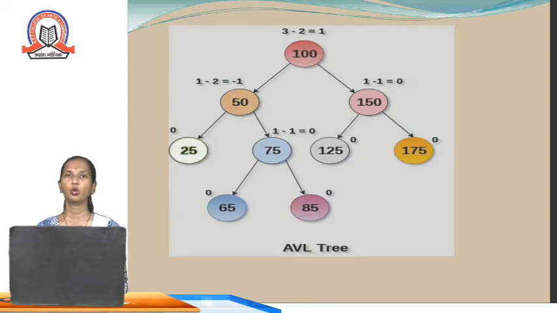Then what about the root node, that is 100? For it, the balance factor is going to be 2 minus 2. The 3 is incorrectly printed. Okay, very sorry, it is obviously going to be 3 because we also have 65 as a node. So 3 minus 2, that is going to be 1. So this is how we can calculate the balance factor, and hence this tree is said to be a balanced binary search tree.